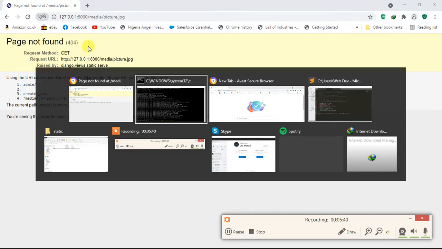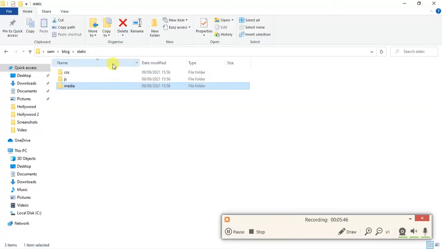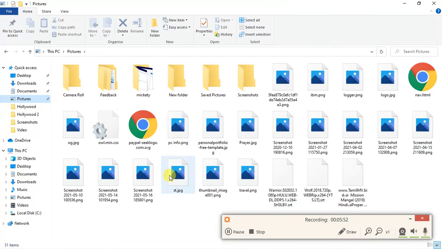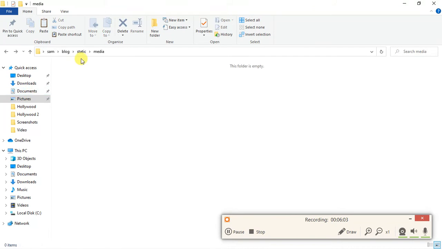The file picture.jpg is not in our static files. It's not here. So let me just pick a picture file here. Just a sec. Okay, let me pick this one